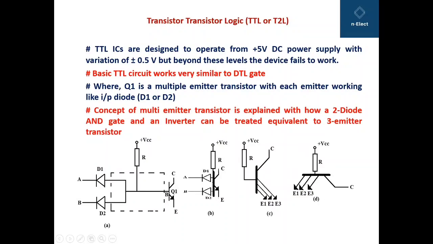So in short, this is the multi-emitter transistor, and here one thing is very new, that is the doping percentage of base and emitter region is the same. That is the only difference here, which is maintained for the transistor to work in inverse mode. We will see how it works in inverse mode.